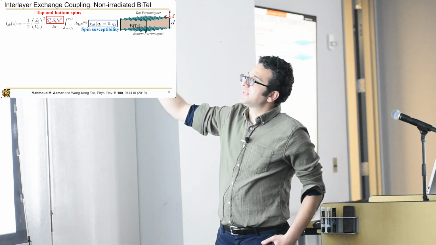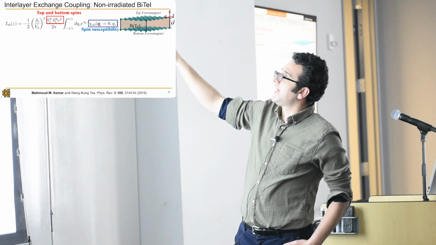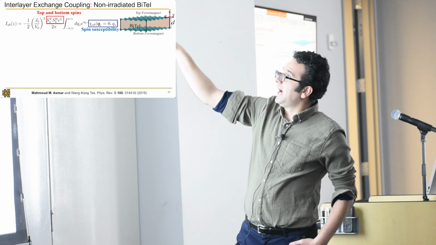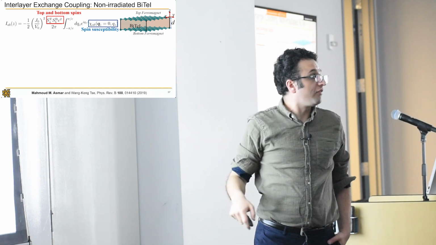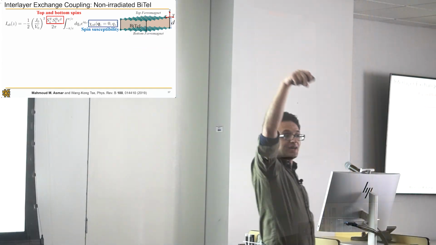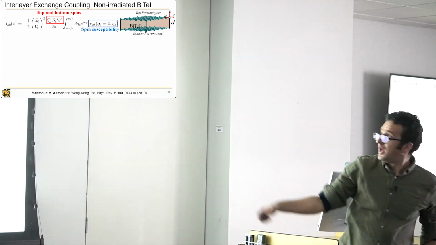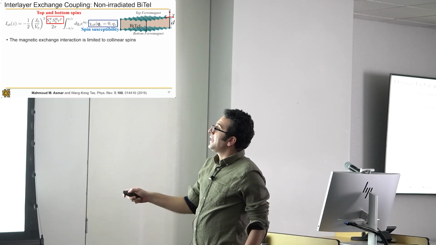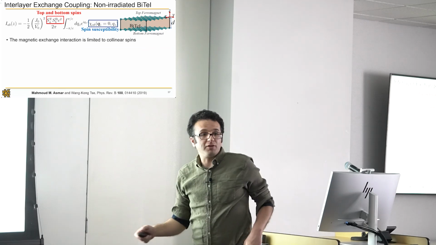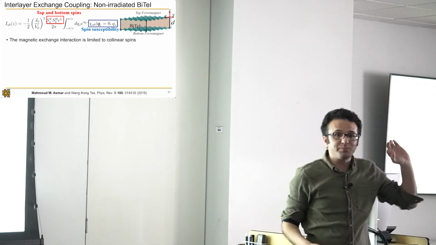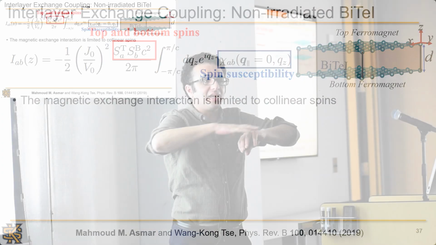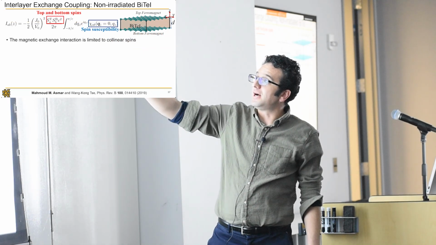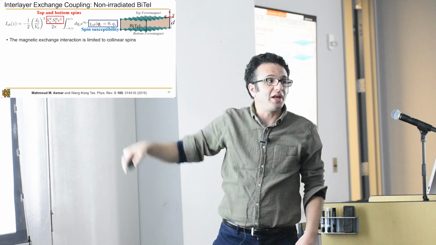And in this calculation, since we have periodic boundary conditions in the xy direction, the RKKY simply depends on the momentum transfer across the direction of the stacking of the ferromagnets. Okay? So the only scattering processes that contribute to the RKKY are the ones in the z direction. Okay? And the magnetic interaction is limited to collinear spins. Now you will say, wait, but I had a spin orbit. A spin orbit interaction was in the xy plane, right? And the magnetic exchange is mediated by the scattering processes that happen along the z.